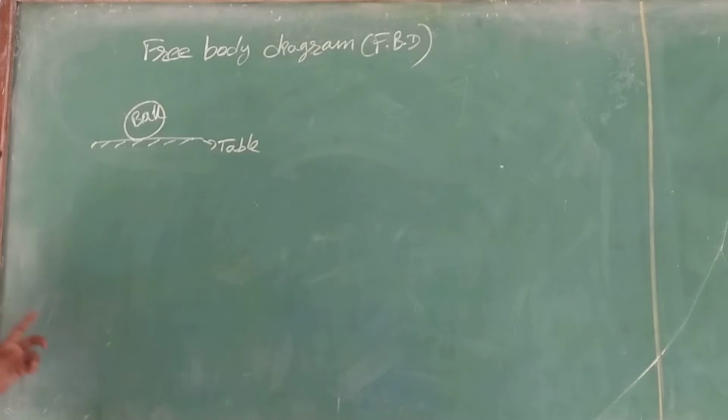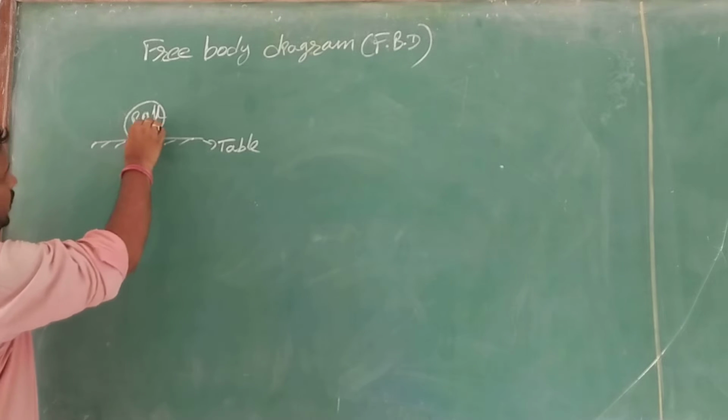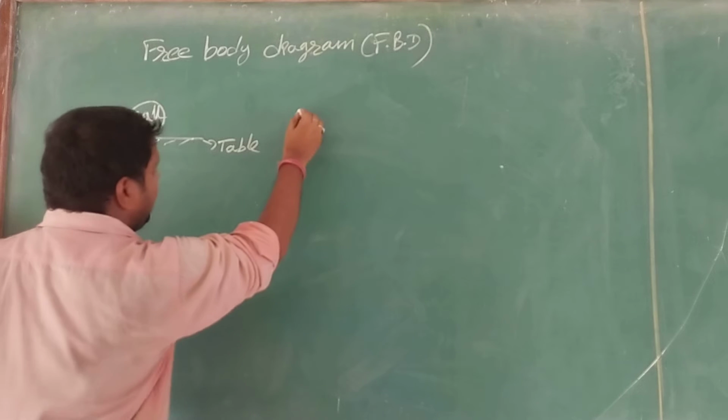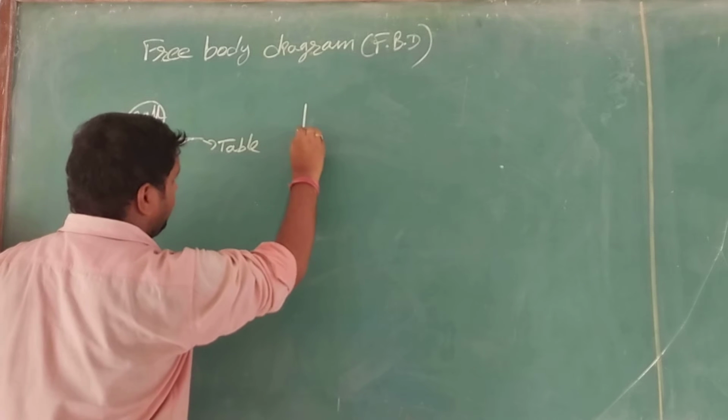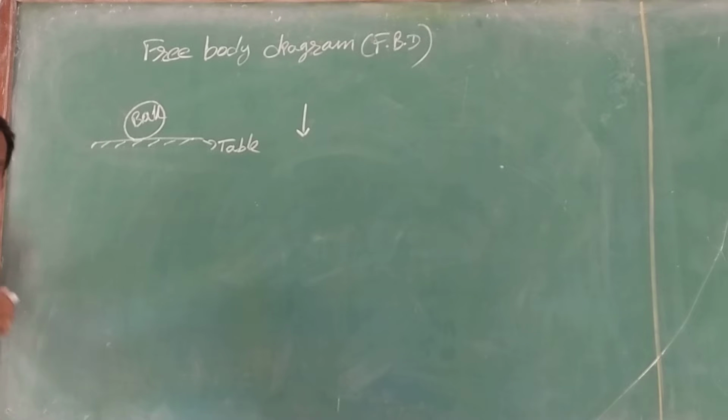According to Newton's third law, every action has equal and opposite reaction. If the weight of this ball is acting downward, because weight of an object always acts downward,